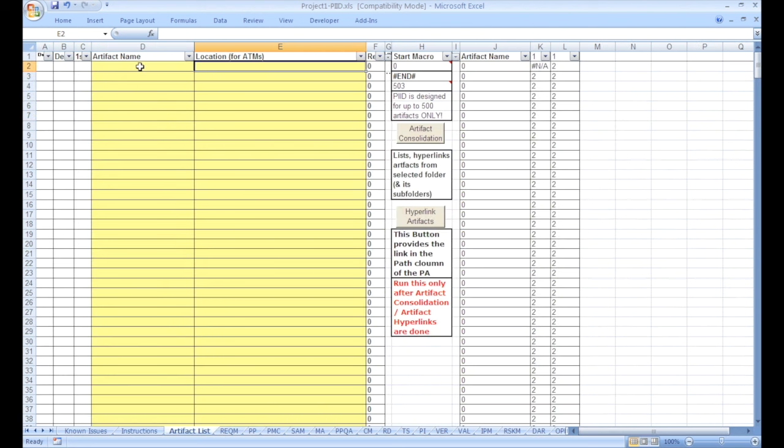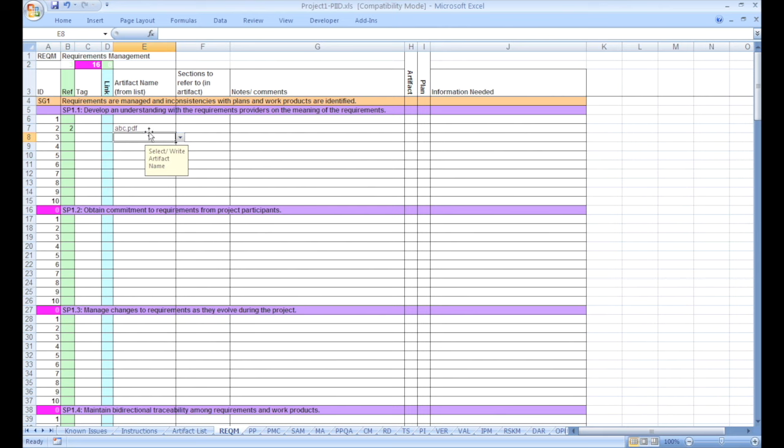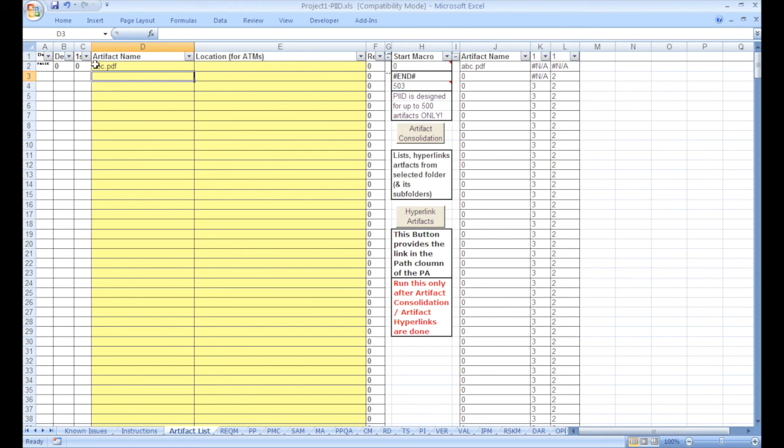For example, if I were to put the artifact name here, the file name extension is very important. If I put abc.pdf here, you will see in requirements management that it is related to an artifact in the artifact list, and the row number where it is finding this link is 2, which you can see out here. This is row 2. If I were to write a second artifact,